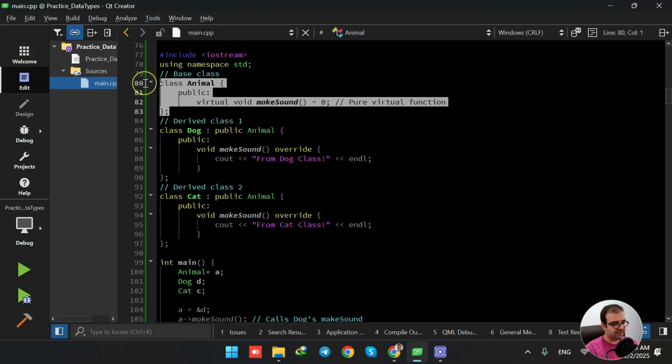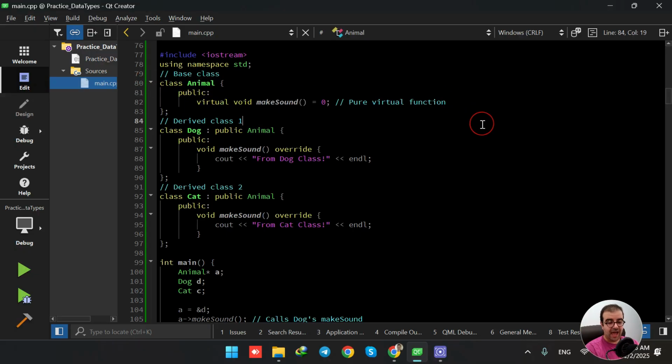And therefore, this animal class is called an abstract class because it has at least one pure virtual function. In the next video, I'm going to provide a practical example of the usage of pure virtual functions and